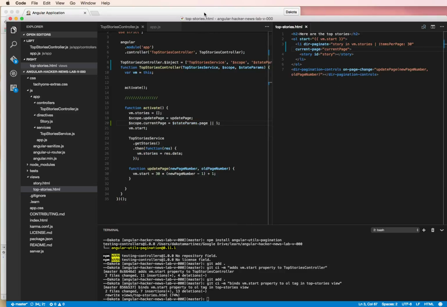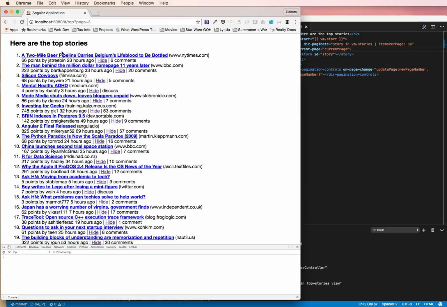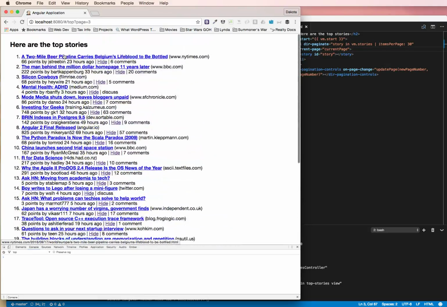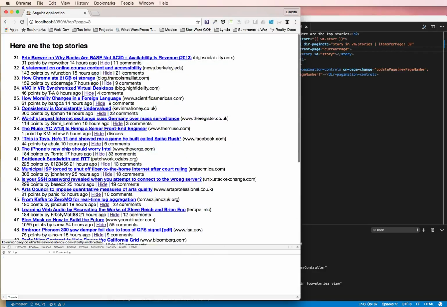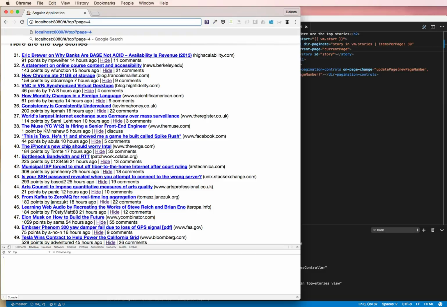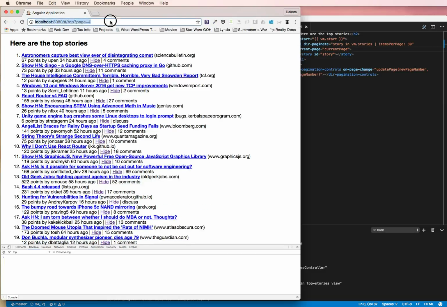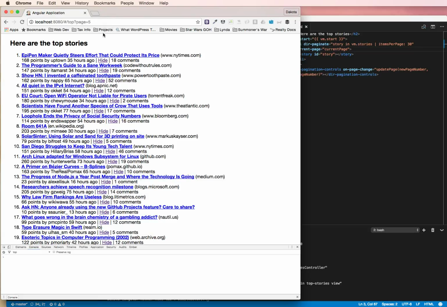And because we define current page on the controller scope, we will be able to reload this, and now you can see we have different stories. So when we click on page 2, see, now we're having the right numbers, but we can go 4, and those are different stories, and then we go 5, and those are different stories. But obviously we still have the issue with the numbering,